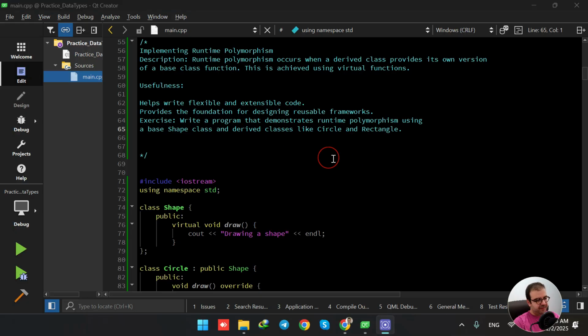Hello everyone, welcome to another lecture. In today's video, we're going to practice again runtime polymorphism. So runtime polymorphism occurs when a derived class provides its own version of a base class function. This is achieved using virtual functions, and it helps to write flexible and extensible code. So here we would like to write a program that demonstrates runtime polymorphism using a base